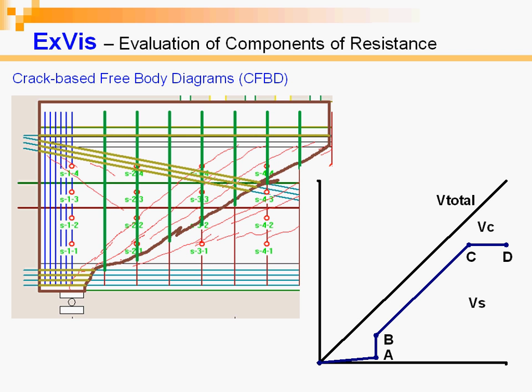Expanding upon the example shown in the demonstration, ExVis was used to draw a free body diagram for each of 350 diagonal cracks, and from this it was possible to develop general relationships to characterize what portion of the total shear force would be carried by transverse reinforcement, Vs, and concrete, Vc, throughout the loading history as a function of the concrete tensile strength, the amount and strength of the provided shear reinforcement, and the relative stiffness of the uncracked